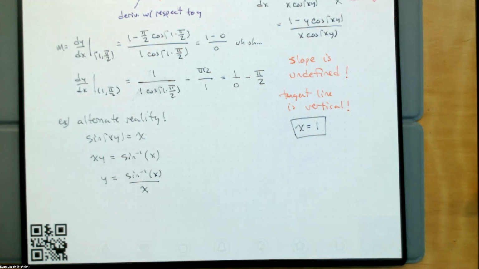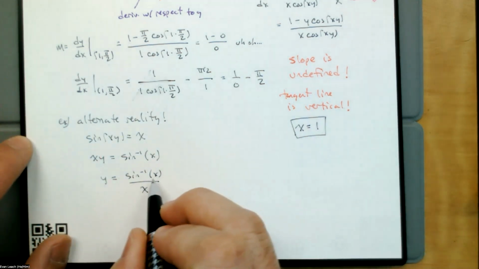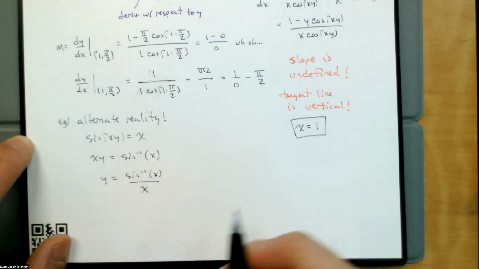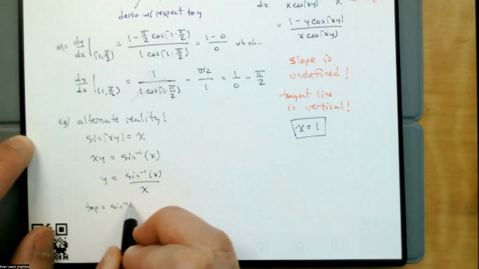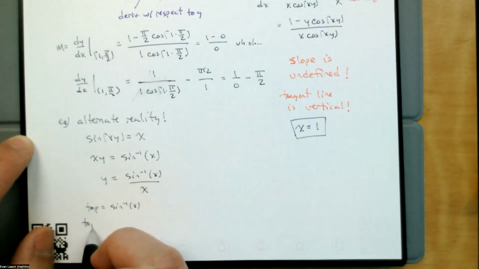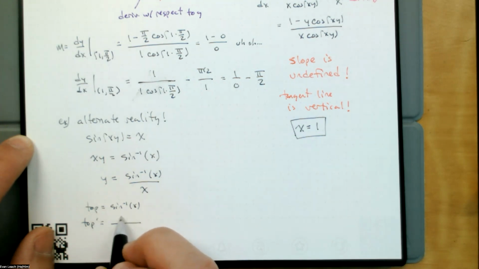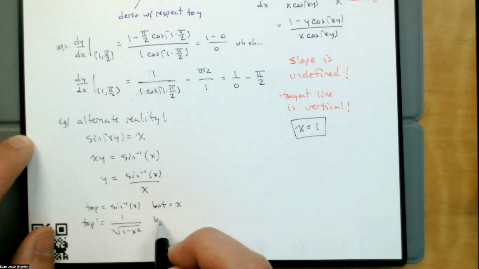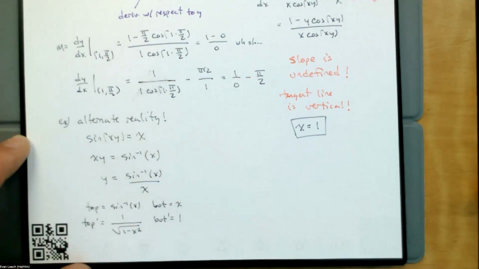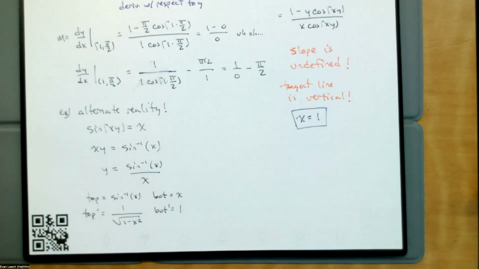Clearly, it's not going to look the same because now I've got sine inverse running around. But let's see what happens. If I take the derivative, I'm going to have to use the quotient rule, where the top is sine inverse. So the derivative of the top is 1 over the square root of 1 minus x squared. The bottom is just x, and so the derivative of the bottom is just 1. We don't have to do any implicit differentiation. That's why we're solving for y. We want to write y as a function of x. And so dy dx